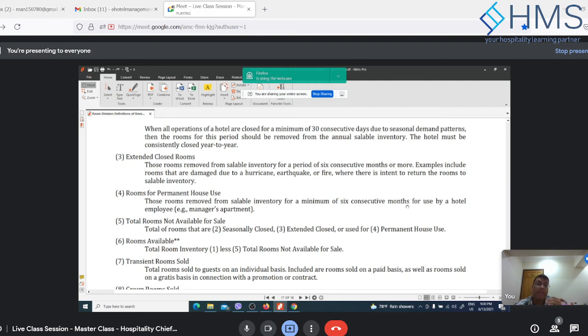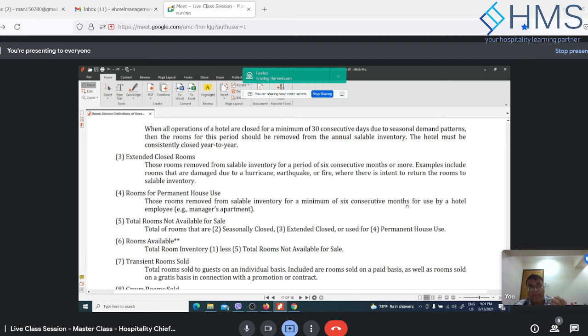Absolutely, yes. So if, let's say, his bonus is based on the RevPAR, that you need to achieve $100 RevPAR, then for every out of order room or every closure of a room, he would like to remove it from the inventory. But as the owner, or as finance, we have to follow the policy. So we cannot remove the room from the inventory just because it's closed for 1 month or 2 months because there is no business. You can devise a plan that, okay, I want to renovate the room for the next 6 months, so let's close it down. But we have to see the actual condition. Is it really closed or not, right?